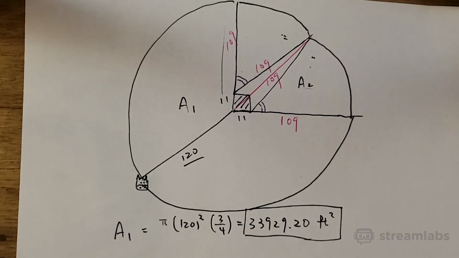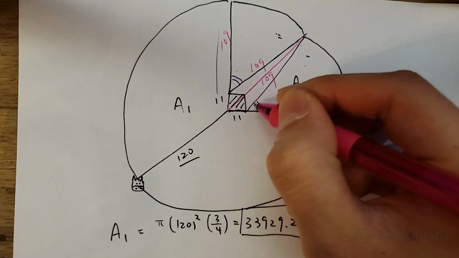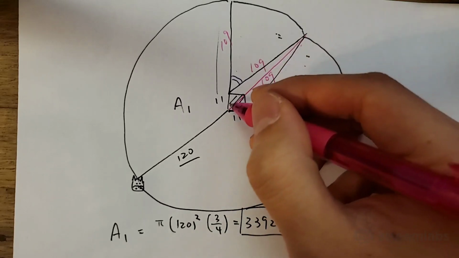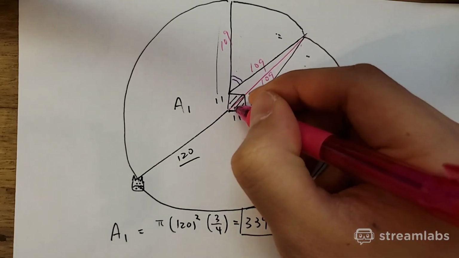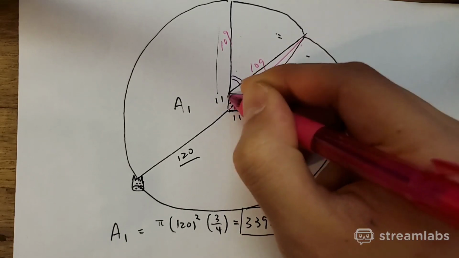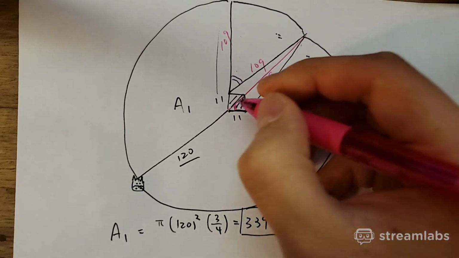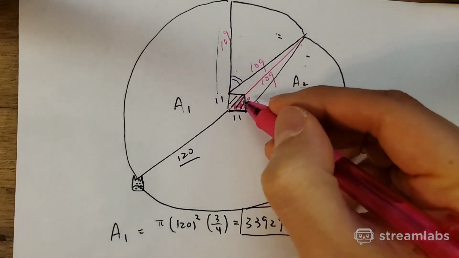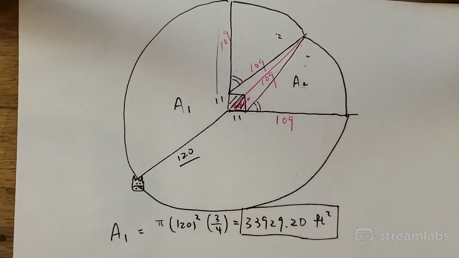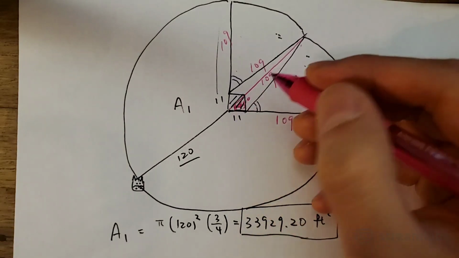Why do I do that? Because now I have a triangle here. Okay, this triangle is important because with this triangle and with this angle, because this is a 90-degree one, this part of the triangle is going to be 45 degrees. 45? Because this is half a square, right? Half a square. Square is 90, so half of that is 45. So I'm going to look at this triangle with 45 degrees